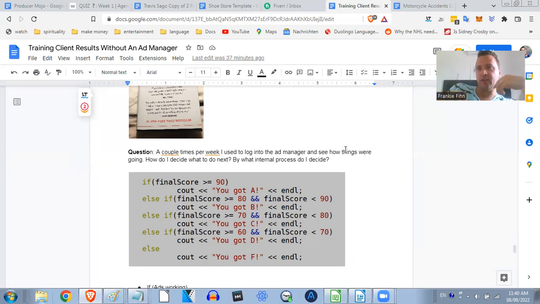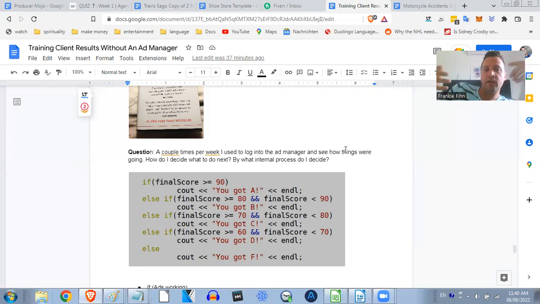If it was in this range, do that. Else if. And so I gave you guys an example. This is a really simple program to determine someone's grade. If somebody has a number from 0 to 100, they would put it into the program, and you can see the if-else statement. So if the number is greater than or equal to 90,